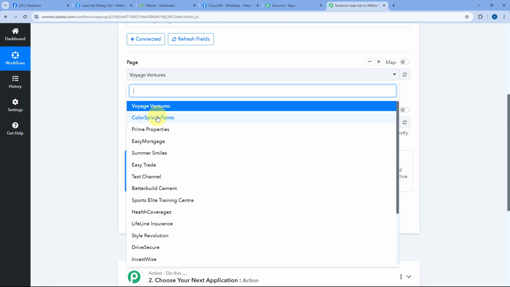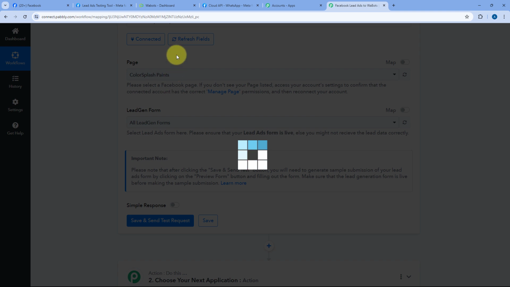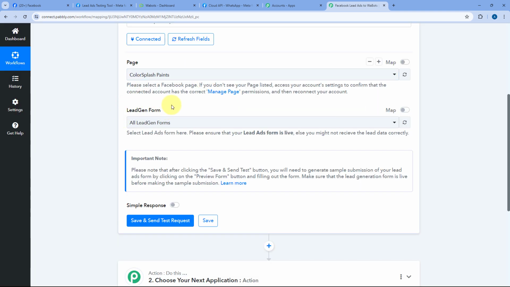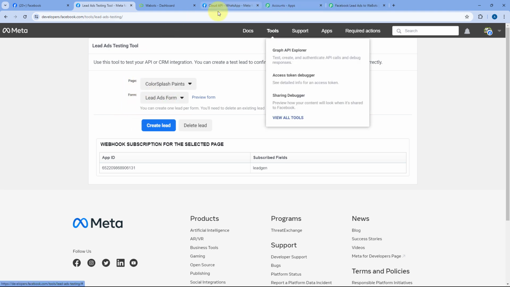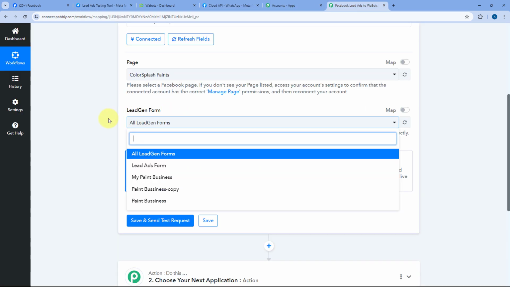So from this dropdown, I'm going to select this Facebook page whose leads I want to receive inside Pabbly Connect. After selecting our Facebook page, it is most likely that you might have created multiple lead generation forms for the same Facebook page. Like for this Facebook page, using this lead ad testing tool, you can see I have created two different lead gen forms over here. So the new leads from which particular form we want to receive inside Pabbly Connect, we